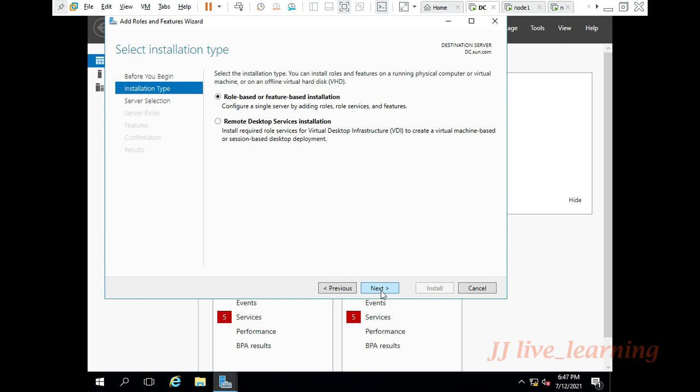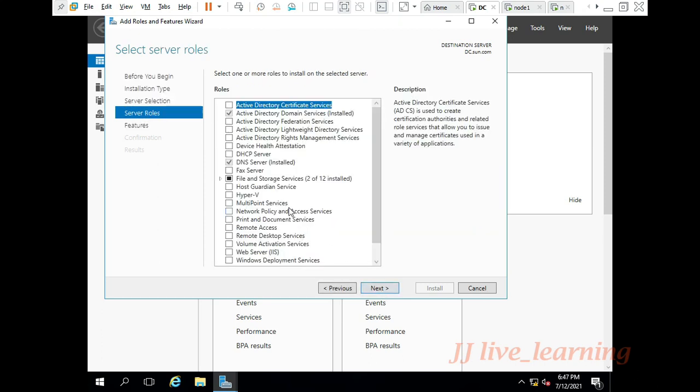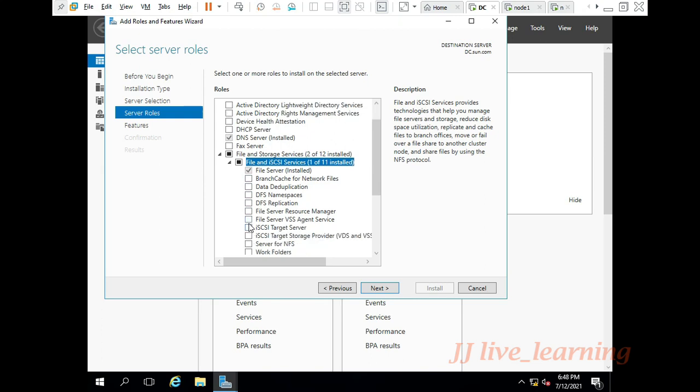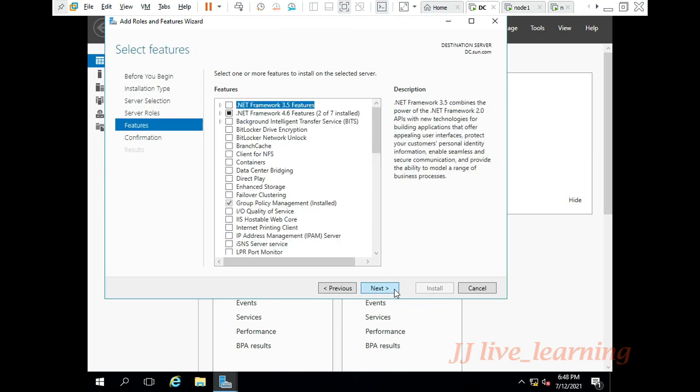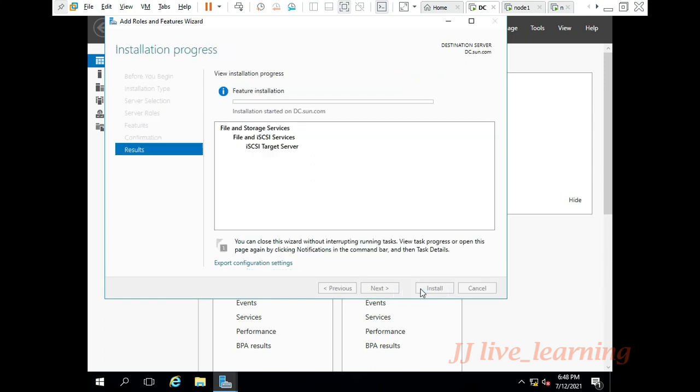We have to enable role-based or feature-based installation. dc.sun.com is your domain controller, and on your DC we are going to install the iSCSI target service. The iSCSI target server is now installed on your DC machine successfully.